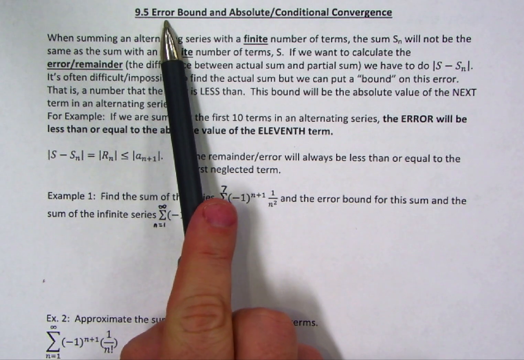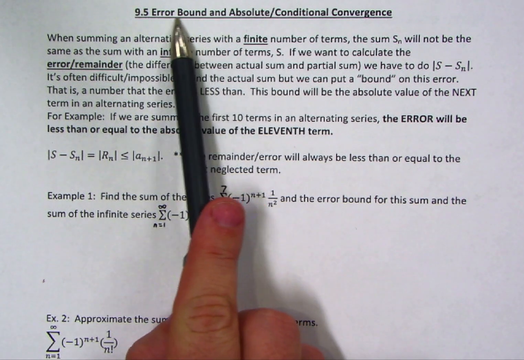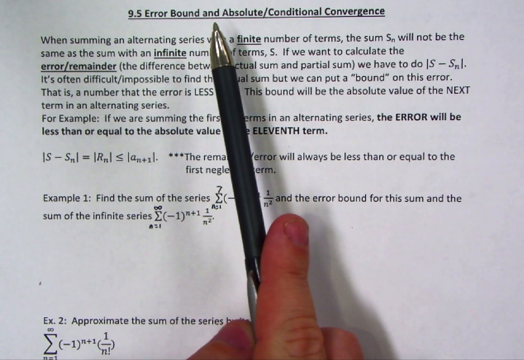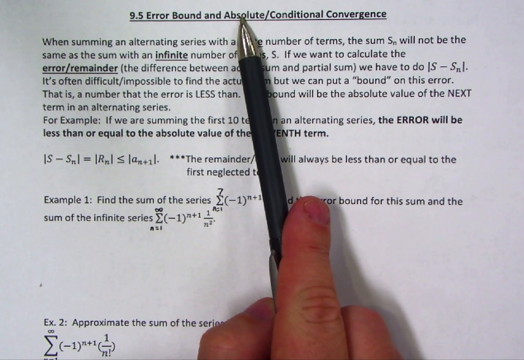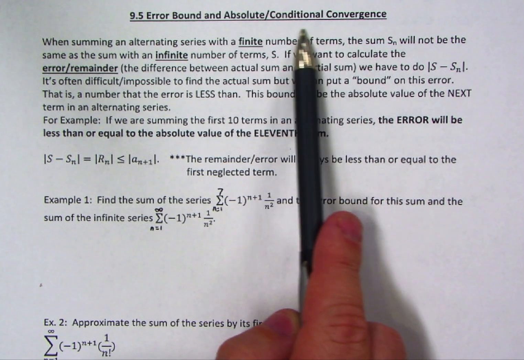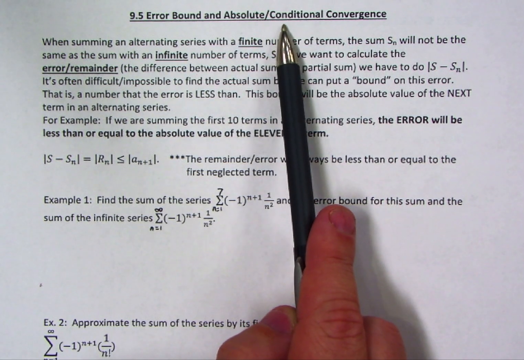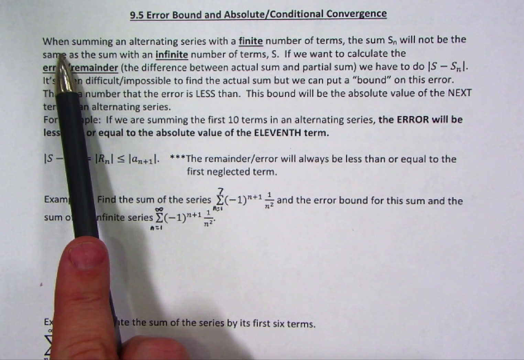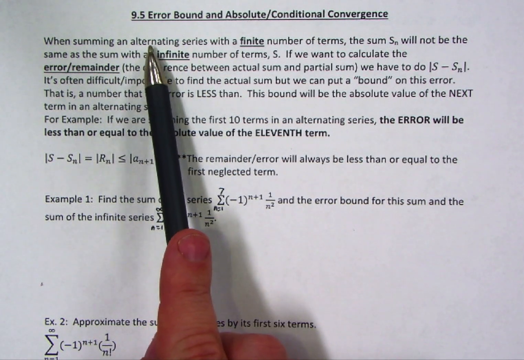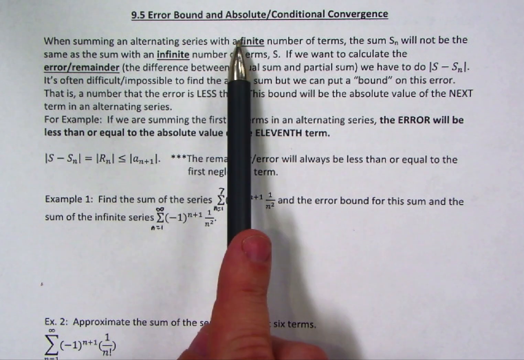The first thing is called error bound, and that's what this whole front side of the notes is all about. And then the second thing we'll talk about is whether a series converges absolutely or whether a series converges conditionally. We'll talk about that. So first of all, when you're summing all the terms of an alternating series with a